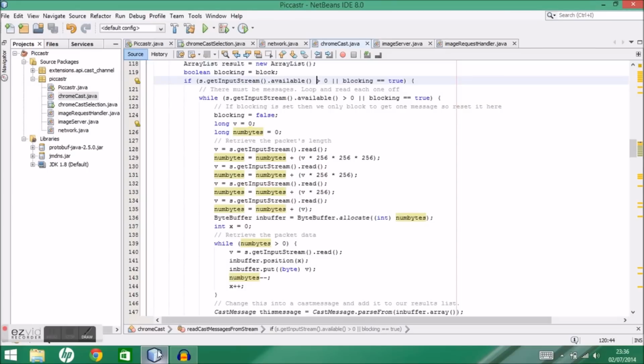Okay, so what I've got here is a Netbeans project for a Java program I've been working on called Pickcaster. And what I want to do with Pickcaster is make it really easy for the end users to run it. So I want them to be able to download it from the website as a jar file and just run it straight away. Or I want them to be able to copy it to their computers and basically run it